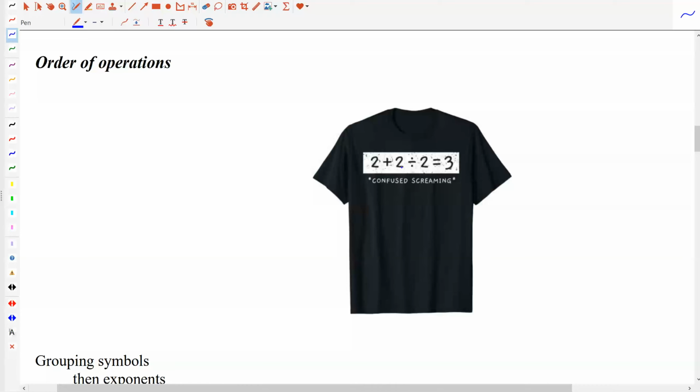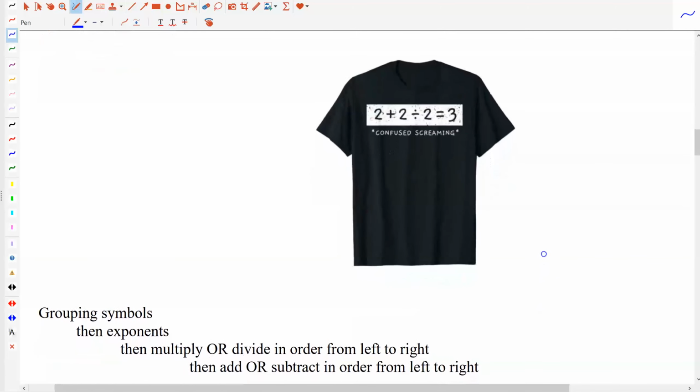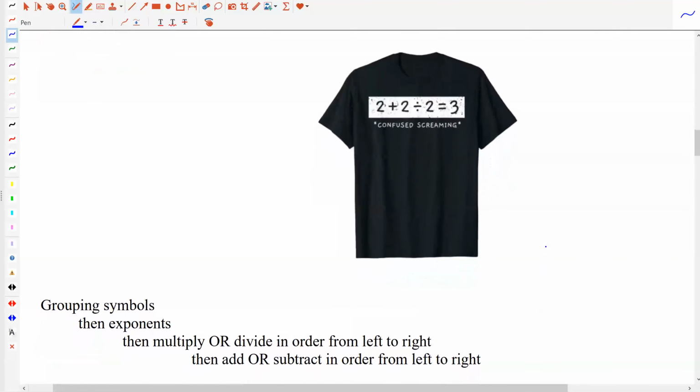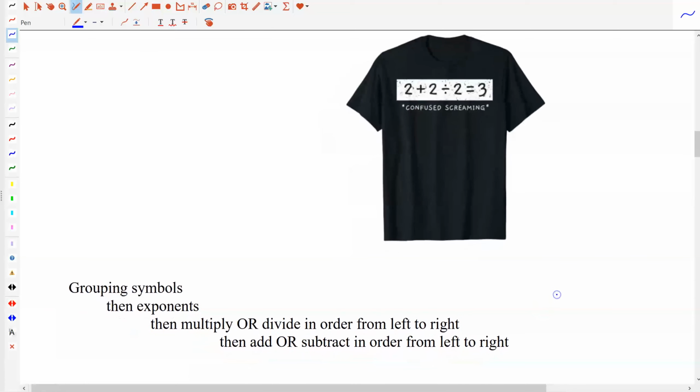Because that looks a little weird. In math, we say that certain symbols are more important than other symbols if they occur inside of the same problem. So the first thing that we want to look at when we're looking at a math expression is grouping